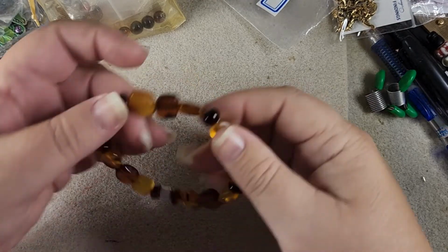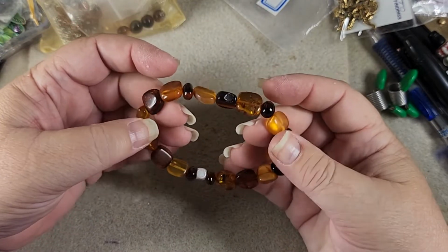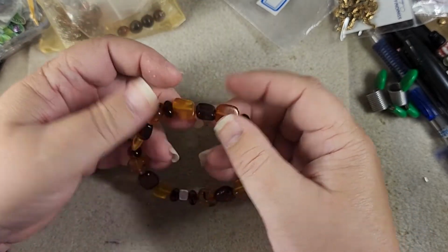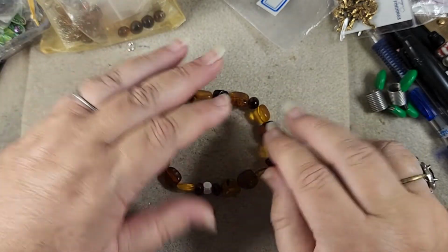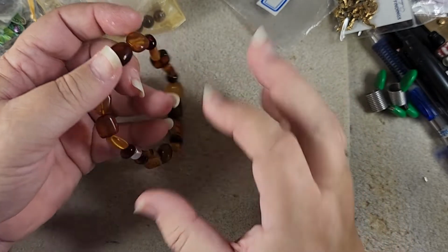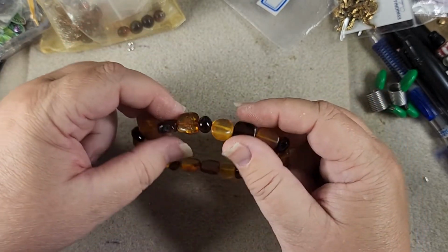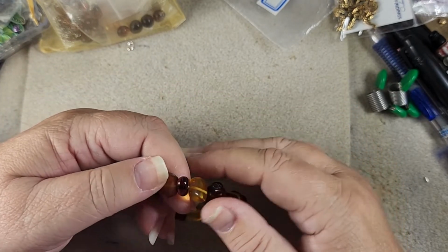So that is a simple making of a stretch bracelet. This is how you make them, whether you're repairing them or not. If you're making a brand new one, then of course you'll have your own beads to choose and such. I do advise when you are making a new one that you check to make sure that your stretch cord will go through your beads,